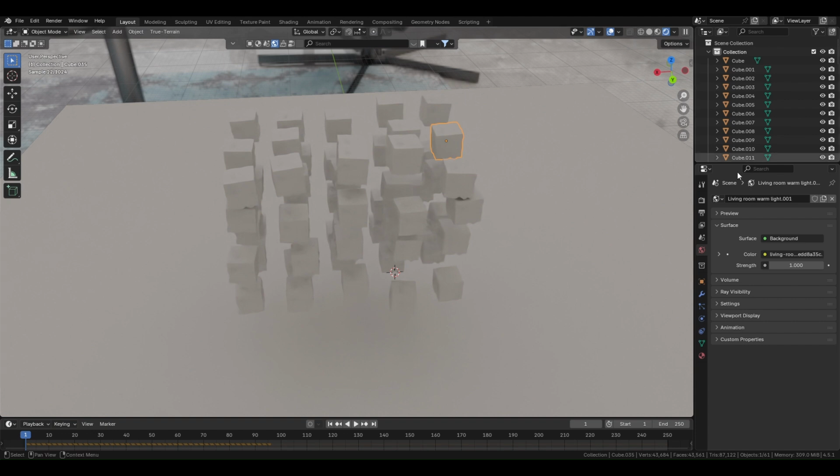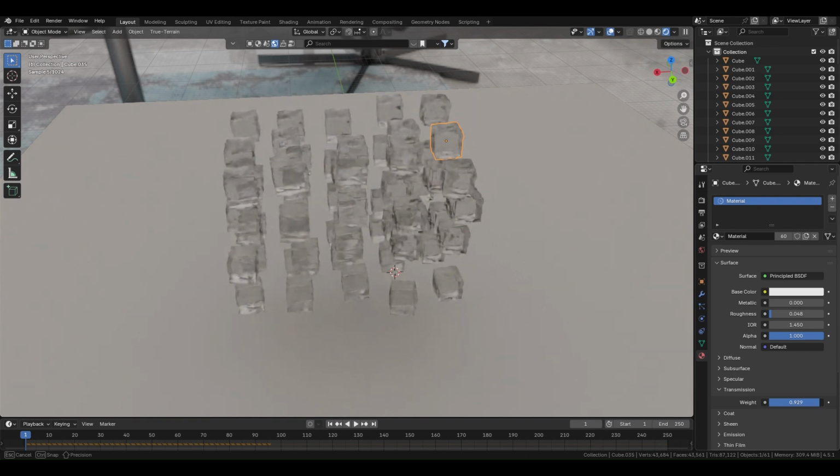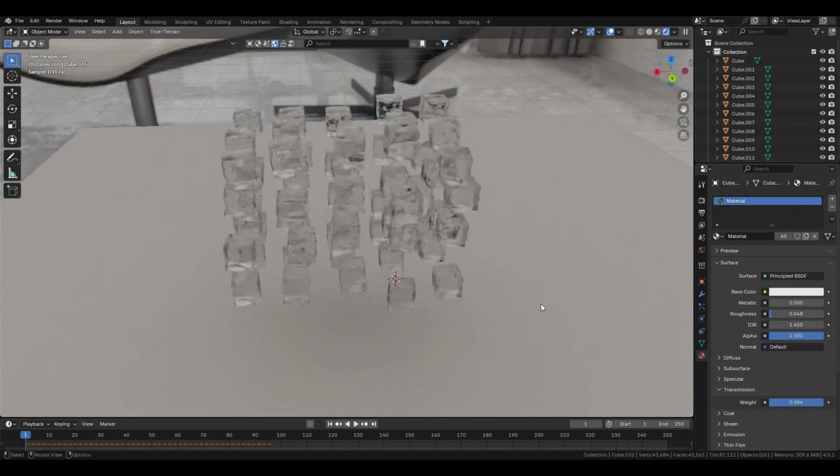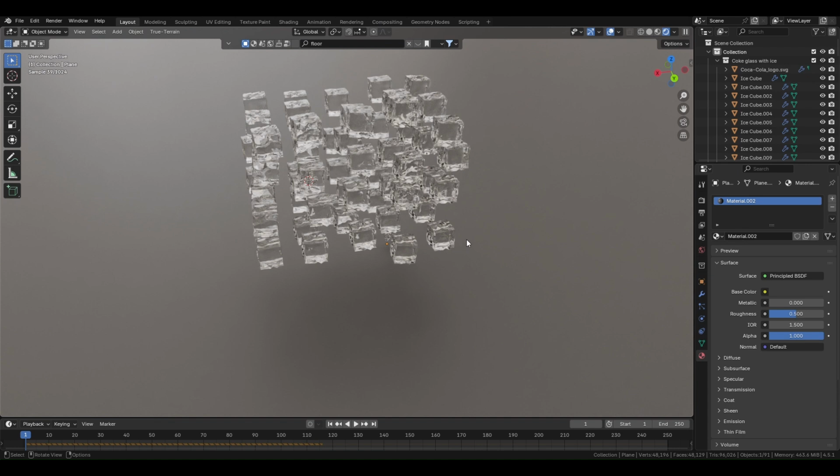Now select one cube, go to the material tab and click new. Reduce the roughness value to make it shiny and increase the transmission close to 1. This will make it transparent like ice. For the plane, just give it a light gray material so it contrasts nicely with the cubes and reflects them